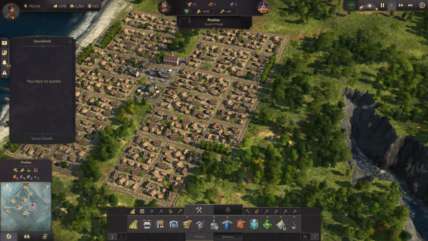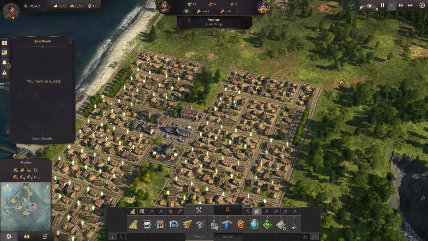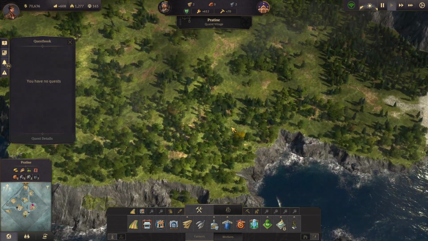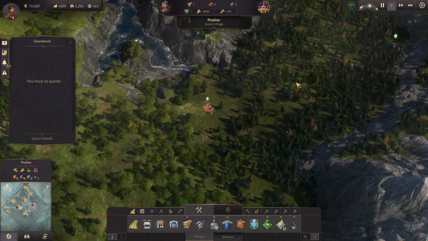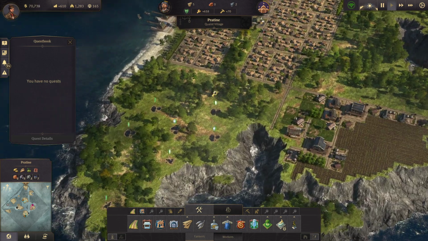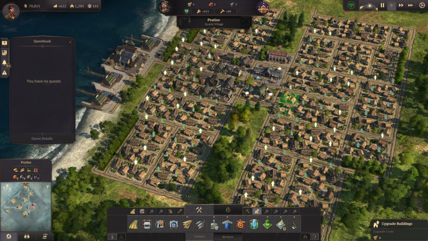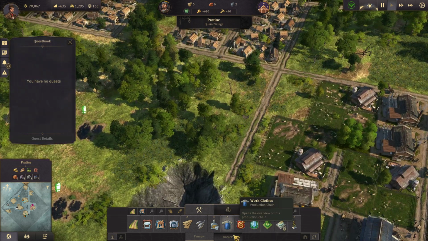Okay, and I want to keep this area here just kind of residential only, because I want to have most of this area over here. I'm going to need a lot of area for bread and beer, and it's kind of crazy how much space you need, but I want to reserve as much of this for housing as possible. So that being said, I'm going to...